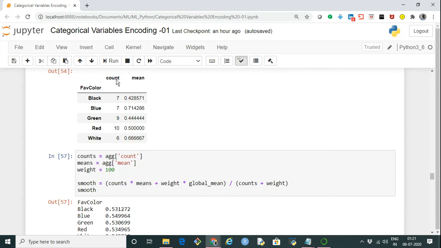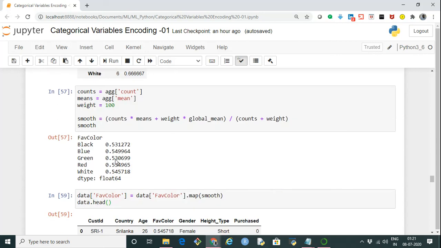So I'm taking this count column and storing it in the counts variable, and taking this mean column and storing it into the means variable. So what I'm doing essentially is multiplying each count by its corresponding mean, then adding the weight, which was 100, times the global mean, and dividing it by counts plus weight.